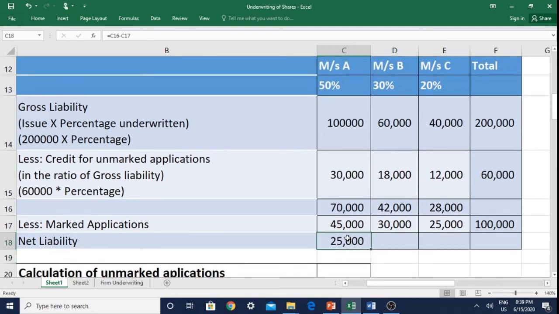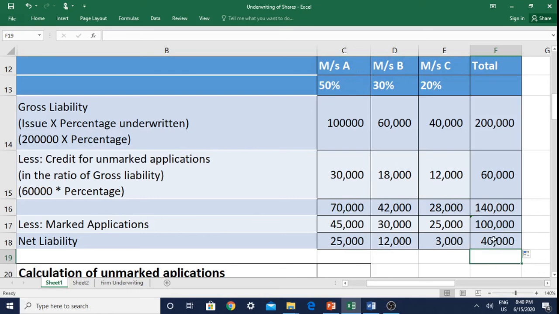And we have to do the calculation for B and C. Then here also we have to do the calculation for all the underwriters and the total column also, and this also we have to do for the total. Now, what do we understand? Here 40,000 shares have remained unsold. The public has not taken up these shares. So in the beginning itself I told you that this is the liability of all the underwriters, but this table has helped you calculate the liability of each underwriter.